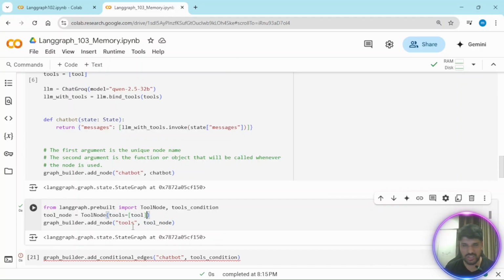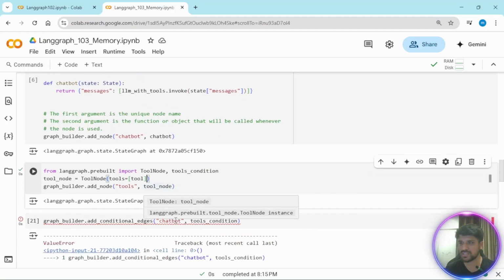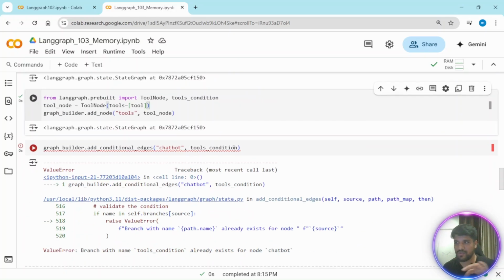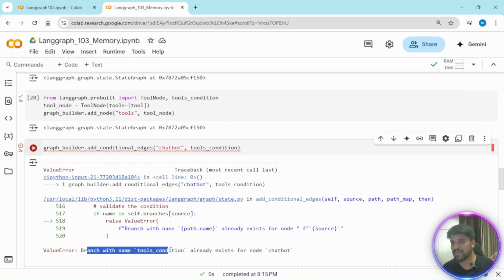Now if I change it and rerun it again, it says that it's already done. For example, here we have conditional edges, right? We already added and compiled it, but when we run this again, it says the branch name already exists. So to overcome this, there is one way, but before that,